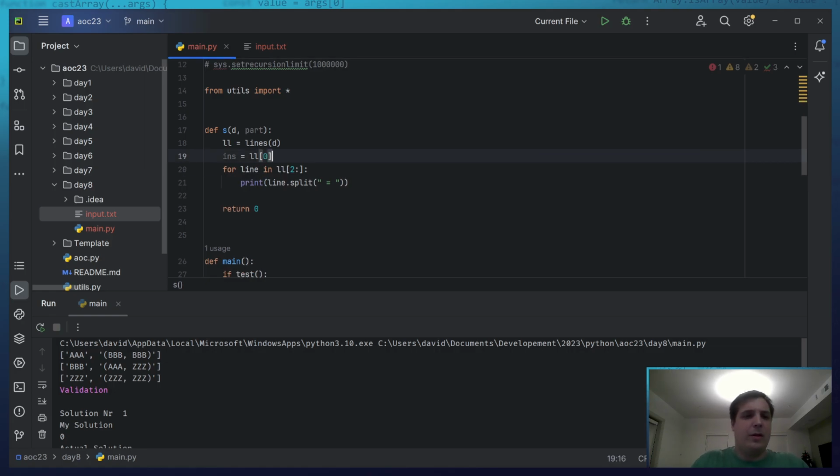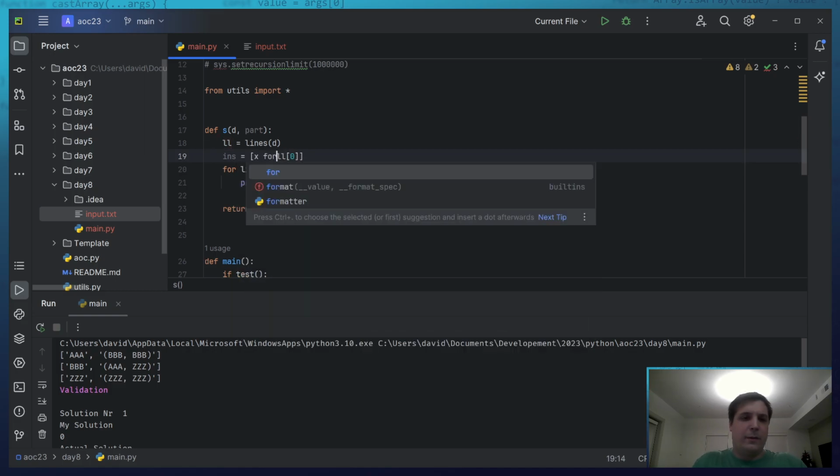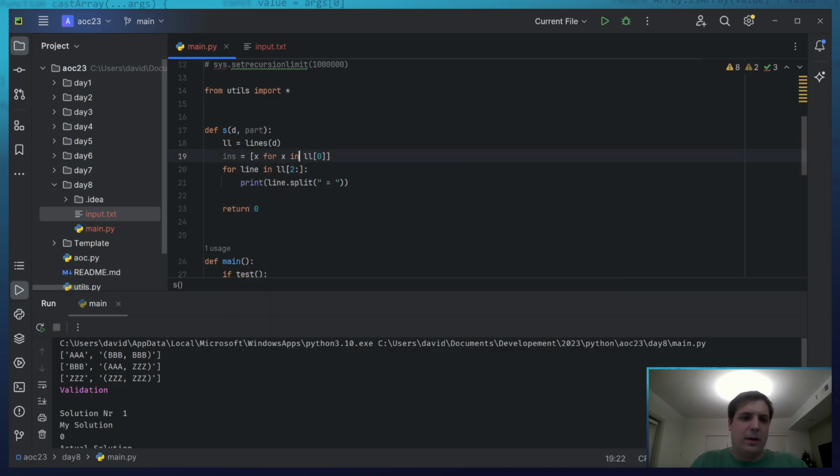I don't know the right instruction, but I can say map or x for x in this. Well, I'm getting the characters now.